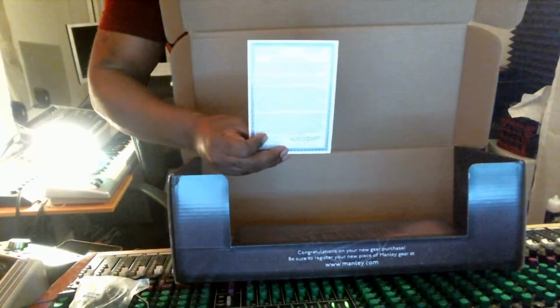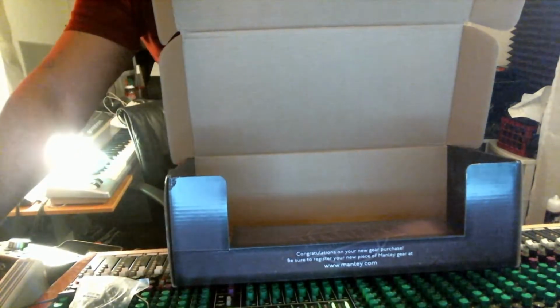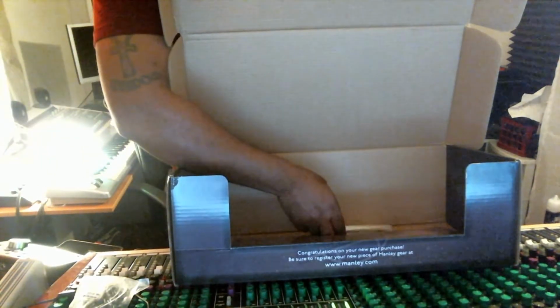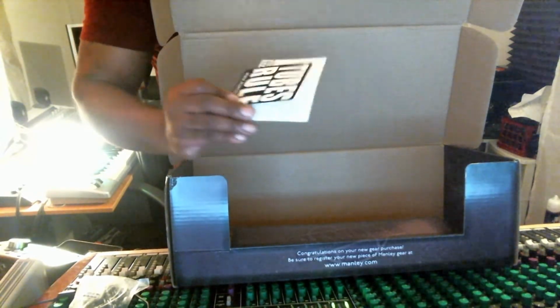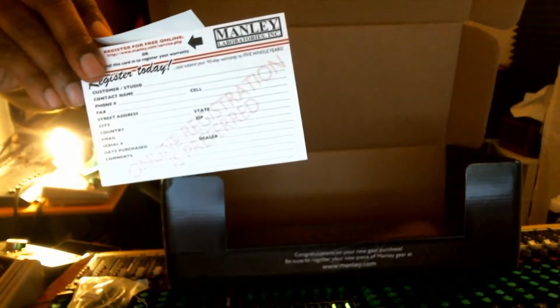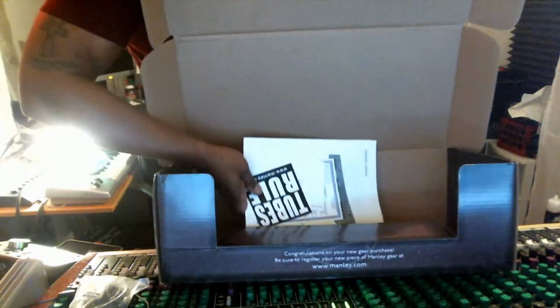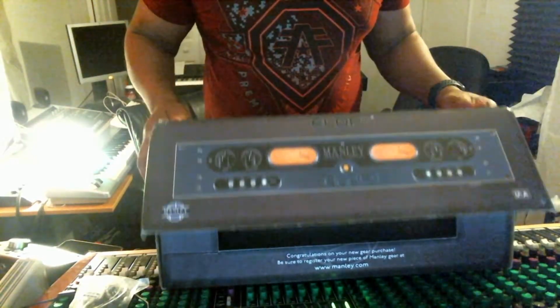You get the warranty card, which when you register it, you get 5 years. That's when you know you have a quality product, when they give you 5-year repair on your products. And you get stickers and your registration form for your Manley product. So 5 years you get for when you register your Manley compressor. So I'm gonna set this to the side,